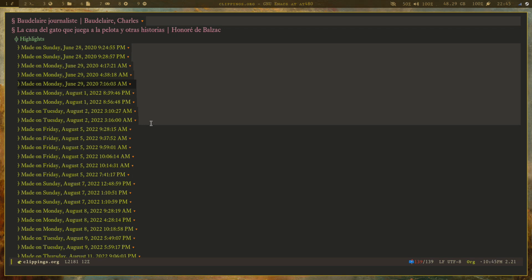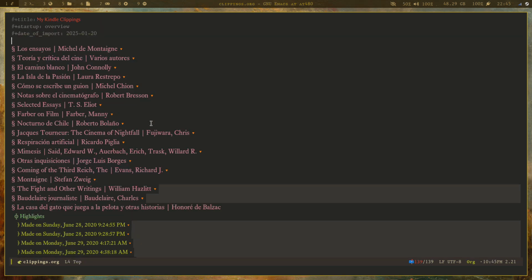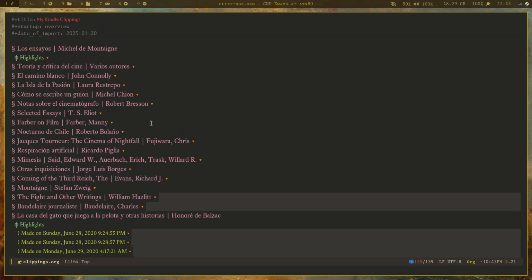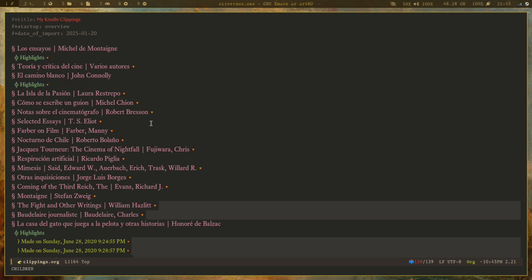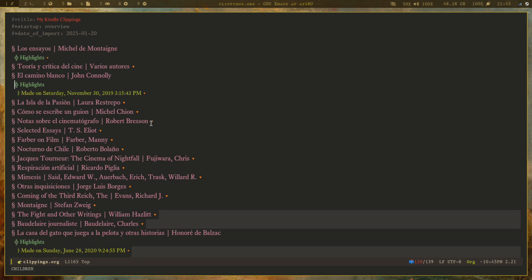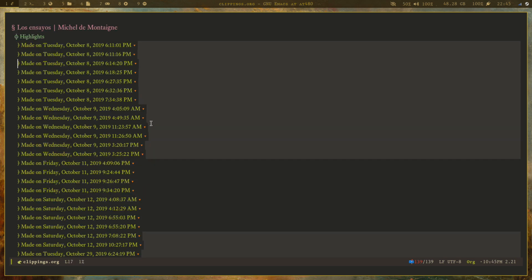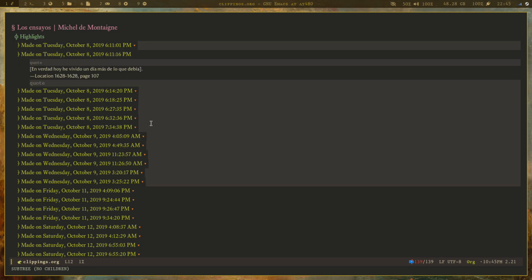Here, for example, you can see how it looks. You can see how there's one heading for each book you have in your myclippings file, and under that heading you can see further division. Here, for example, of this Michel de Montaigne book, you can see all these highlights. And if you go inside one of them, you can see the quote, the location, the page, and when